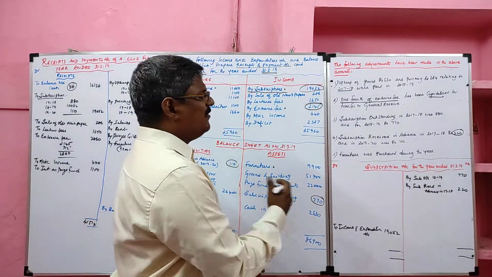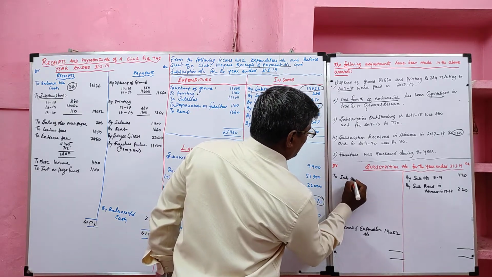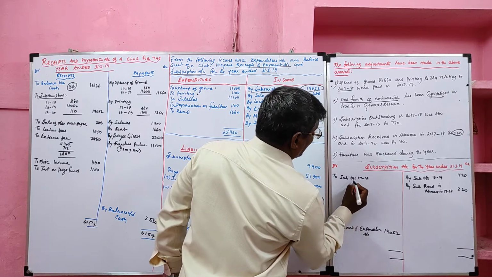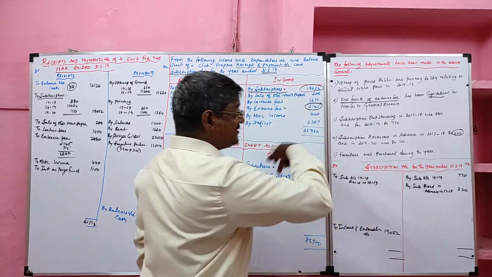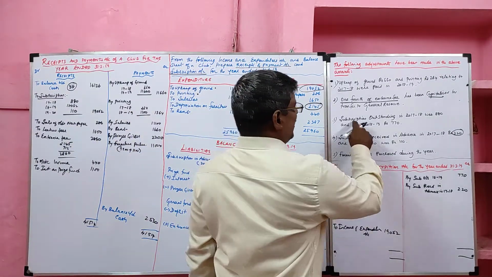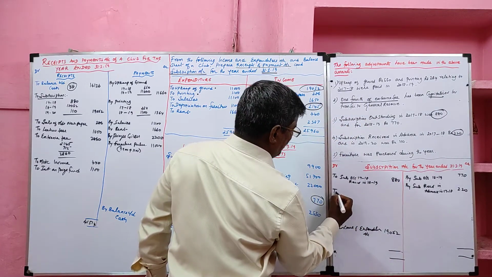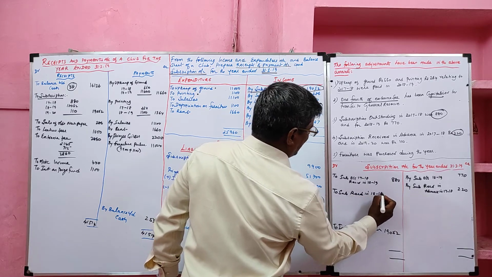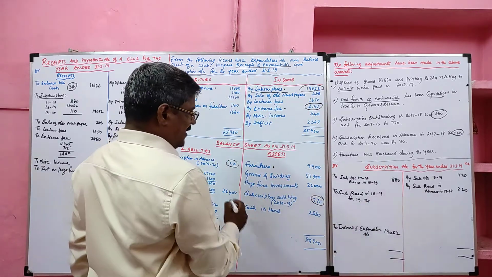Then what all we recorded for the two: subscription outstanding in the last year 17-18 received in 18-19. So last year's subscription received in the current year should be debited. Last year outstanding how much? 880 rupees. Then current year received in advance, subscription received in 18-19 for 19-20. How much is its value? 110 rupees.